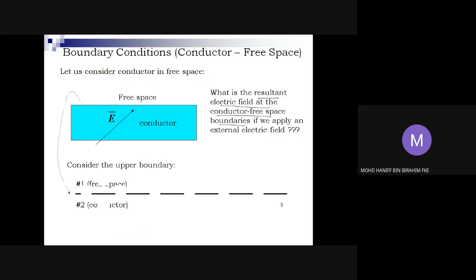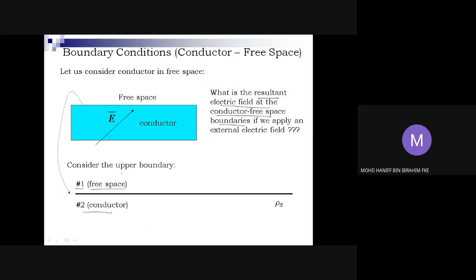Okay, so that should be the graphical representation that we can use in order to study the boundary conditions between the free space and conductor. We use the upper boundary. So we have medium number 1, which is a free space medium, and medium number 2 is a conductor. Based on this diagram, we have agreed that the upper will be the free space and the lower part